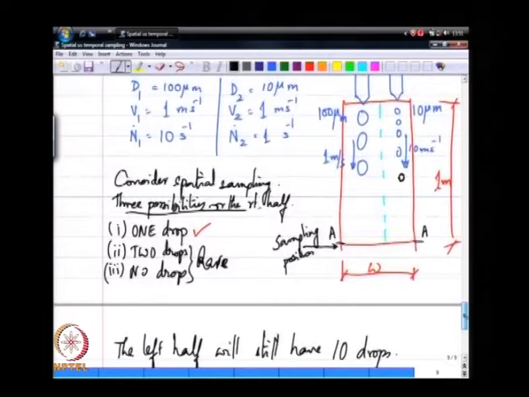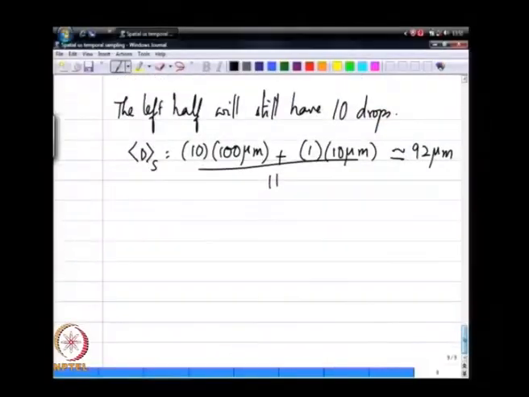Now, does the size of the domain make a difference? So, if instead of 1 meter I sampled over 2 meters, will that make a difference? Chances are, again, the drops are spaced. So, for any given drop d I,